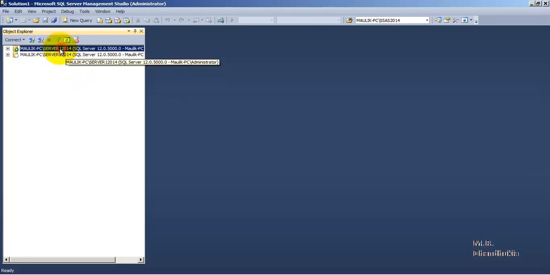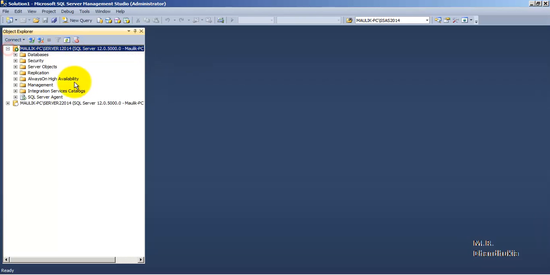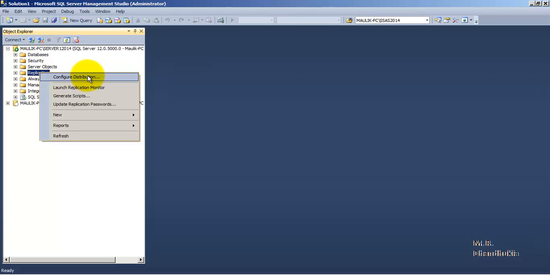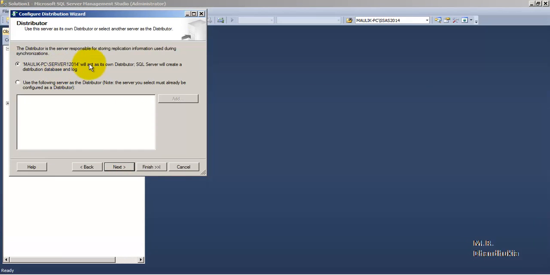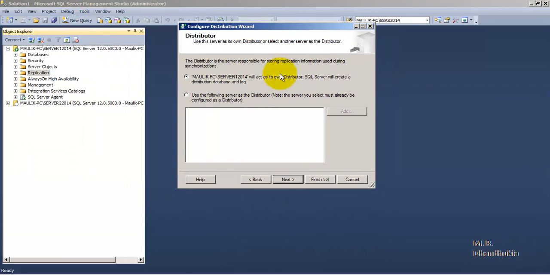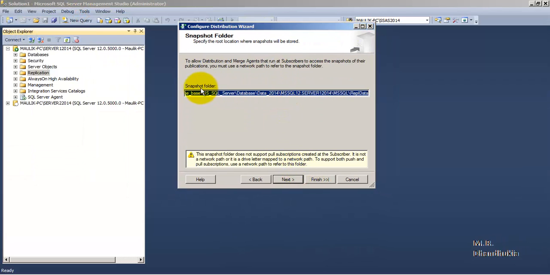Also Server 1 will have the distribution database. Okay, so let us right click Replication and Configure Distribution. Let us click next. We want this particular instance to host the distribution database, so click next. This is the folder in which the snapshot will be placed.